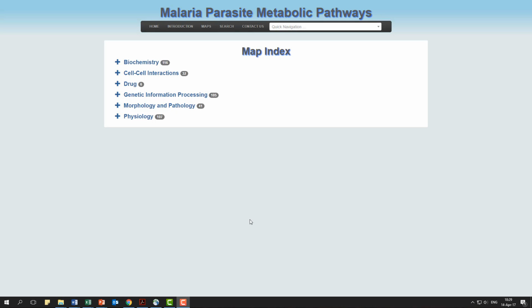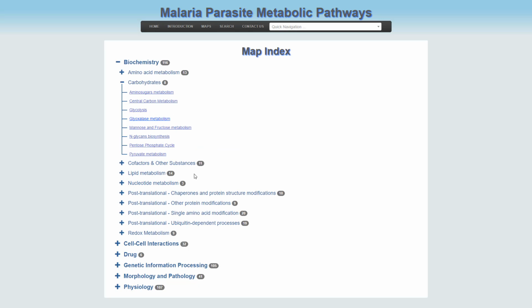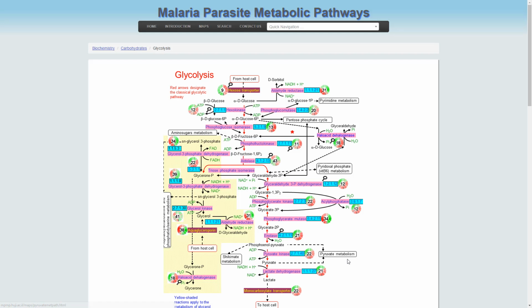We shall now explain the essence of map structure. We go to biochemistry, then to carbohydrate, and then to glycolysis, which you probably know. This is a typical scheme of a metabolic pathway. You see a somewhat complex picture that may seem rather overwhelming at first sight, so let's clarify this apparent confusion